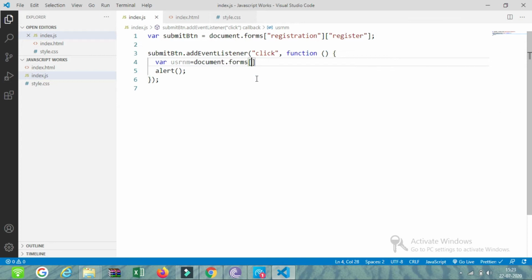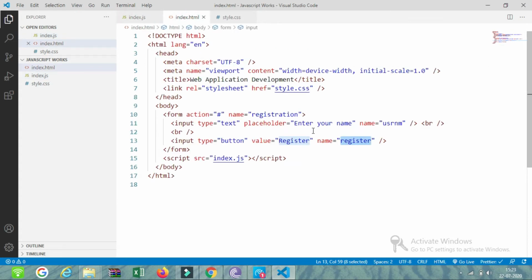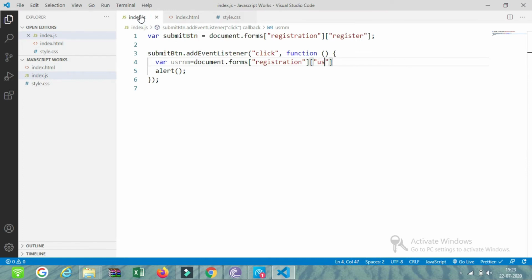Document dot forms of registration, and within this we can type the name of that text box element, which is usrnm. I will save it. Now I will print the value of usrnm. Let's refresh this.